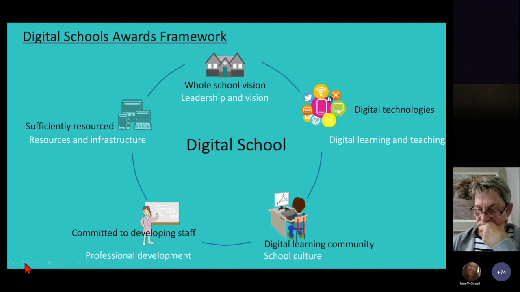So we've got more and more ELC settings across Scotland who are engaging in the tool. So again, please do register online, have a look at the self-evaluation tool. And George, I think you're there. So if there's any way that you could possibly pop that link in, that would be superb.